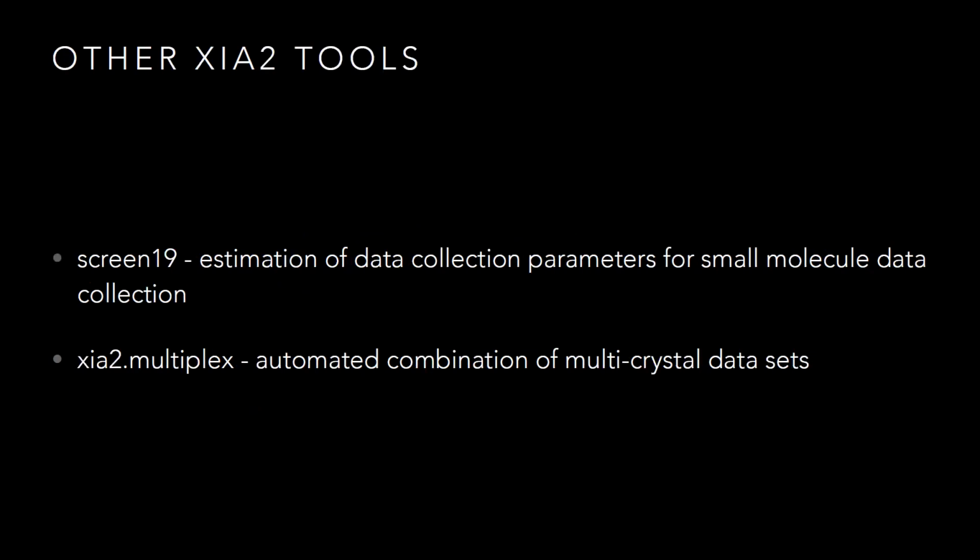Okay. There are some other xia2 tools that I will talk about very briefly as well. So there's one called screen19, which we developed at Diamond to solve the problem of chemical crystallographers using a Pilatus detector. So for those of you who don't know, small molecule crystals occasionally diffract exceedingly well. If you put one of them on an undulator beamline, you get very strong spots. Pilatus detectors do not like strong spots. So what we found is they were used to using CCDs when they were very, very weak, weak